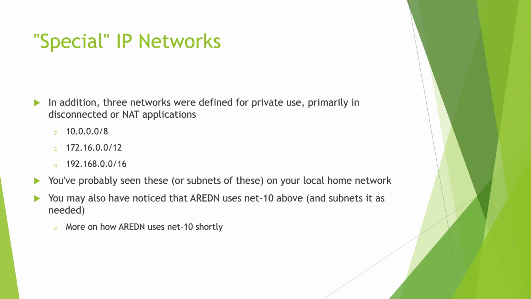And AREDN uses net 10. So with AREDN, basically it's one flat network and each machine uses its MAC address to figure out what the last 3 octets of its IP address should be on net 10. And so that's how AREDN decides what its IP is going to be. So when you first boot up your new AREDN node and you're looking at the setup screen and it says, oh, by the way, your address is going to be this when it reboots, it's because it's calculated based on the MAC address of the machine itself.